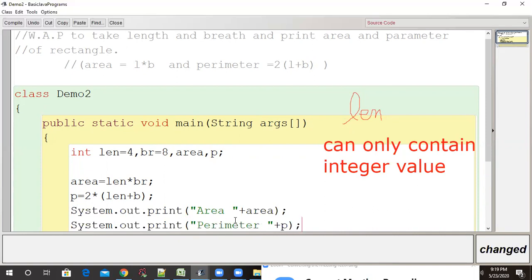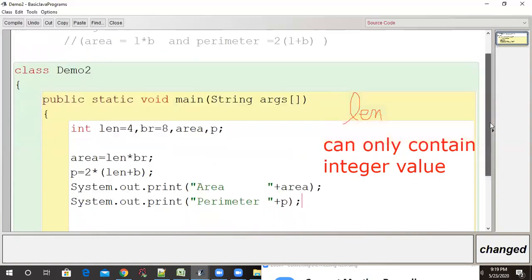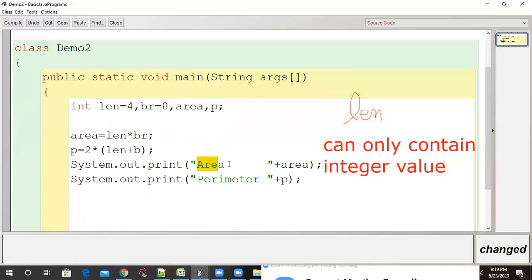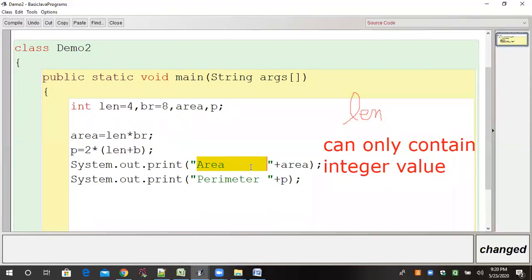I have already told you in the first class that whatever we write inside the double inverted commas in the system.out.println displays as it is. So this word area will be displayed as it is. But this area is without inverted commas, so the value which is stored in the area will be displayed.